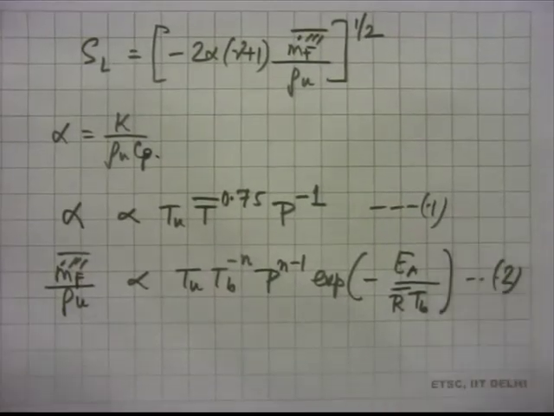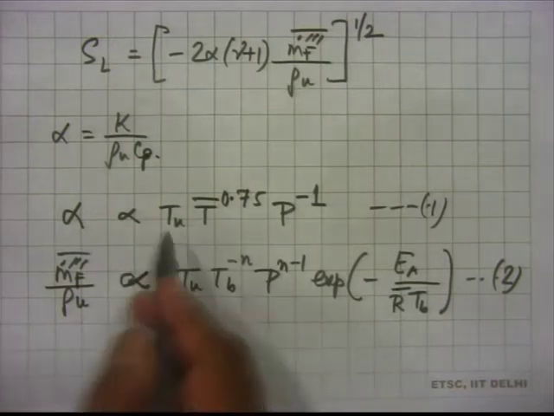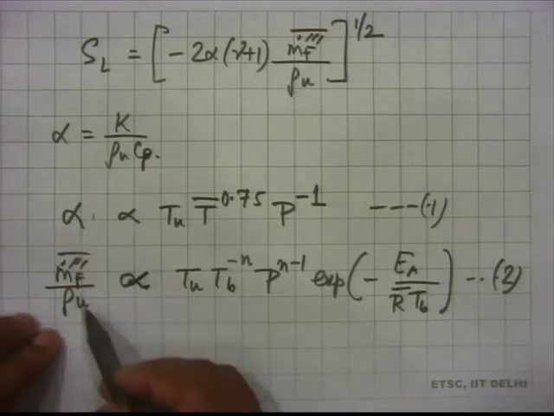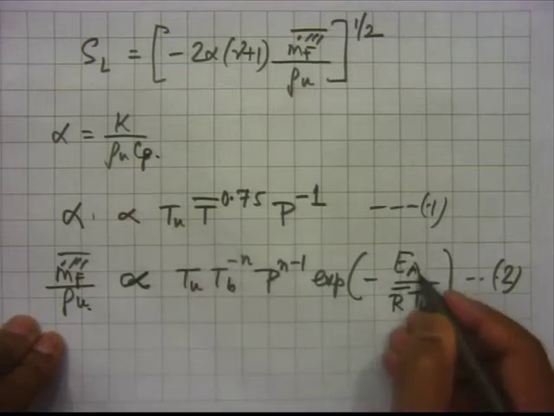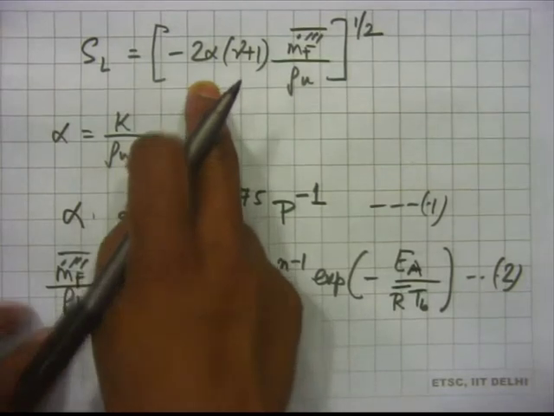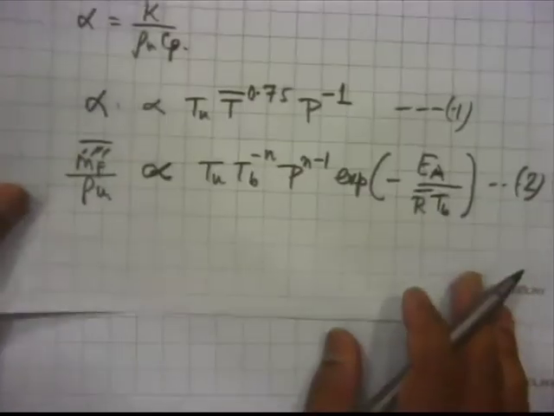So, this is equation 1, this is equation 2, actually these are not equalities, these are proportionalities. So, proportionality 1 and proportionality 2. If we have these two, then they can be used in the SL expression to get dependence of SL on various things, right. So, we use 1 and 2 in the expression for SL. So, if you do that, then